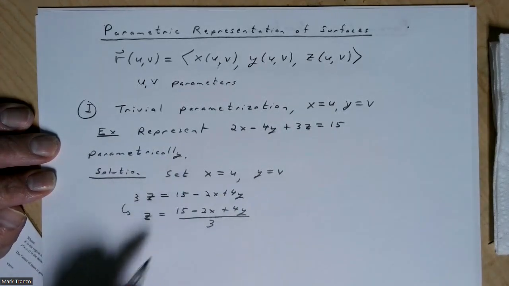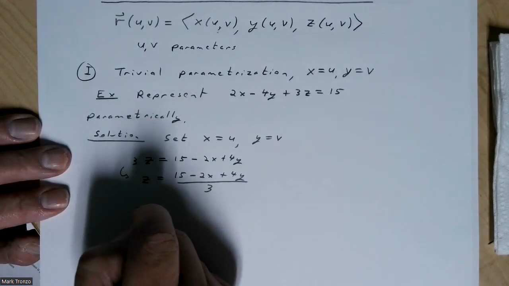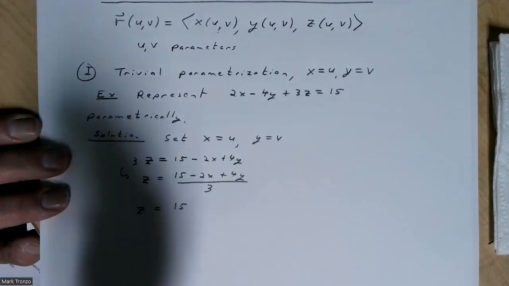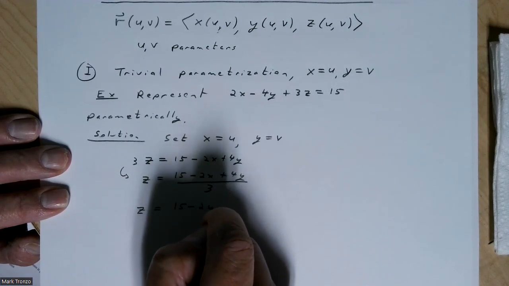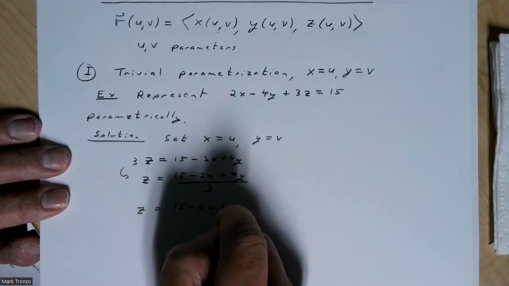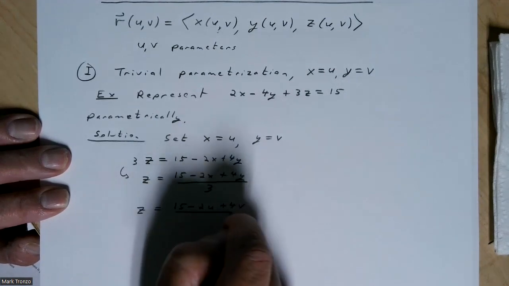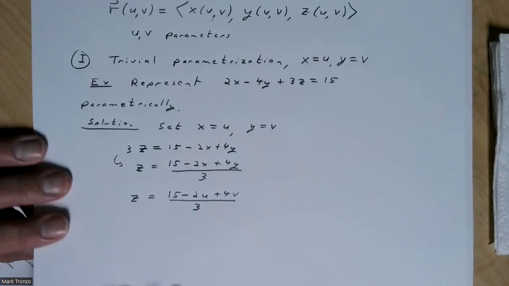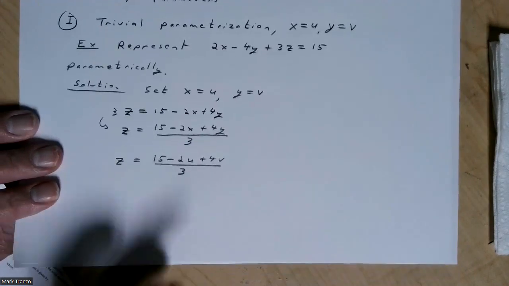And now let's put u and v in here. (15 minus 2u plus 4v) divided by 3. So then our parameterization, like I say, we usually want to write it in this form, will be